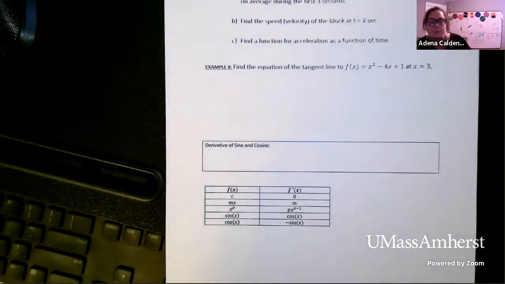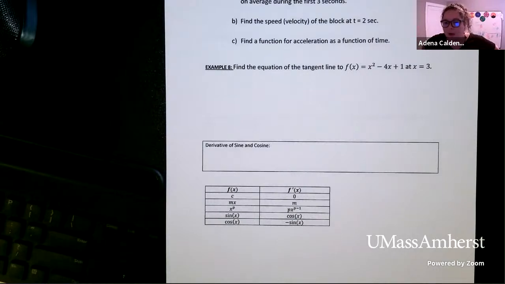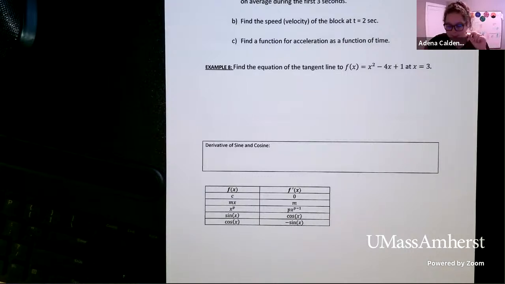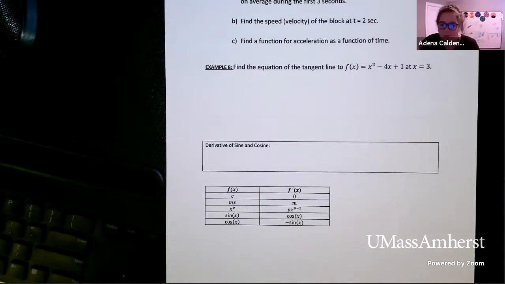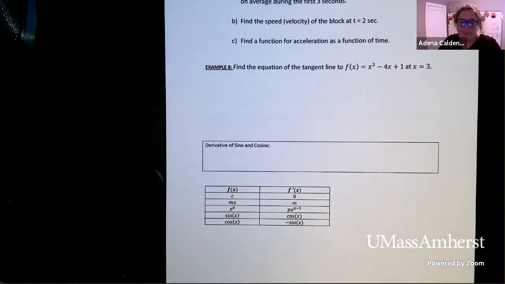Okay. And example 8 says, find the equation of the tangent line to the function x squared minus 4x plus 1 at x equals 3. So this is a common problem that we will ask you to do throughout all of chapter 3, and it will almost assuredly be on your mini quiz in some way, shape, or form. Not this particular problem, but find the equation of the tangent line. So I want to make sure that we do this type. Okay. So I want to remind you,